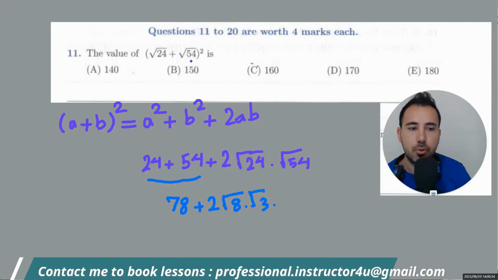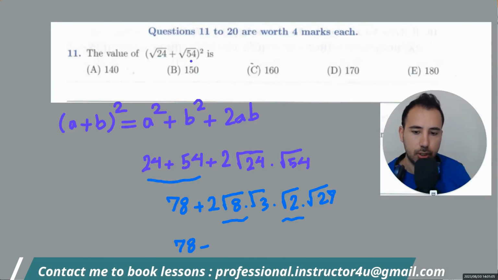Okay. 54 is equal to 2 multiplied by 27. So I'm going to write it as the square root of 2 multiplied by square root of 27. And now we know that when we multiply, order is not important. So I'm going to multiply these two first. So the square root of 8 multiplied by square root of 2 is going to be square root of 16. So I'm going to write 78 plus 2 times the square root of 16 multiplied by